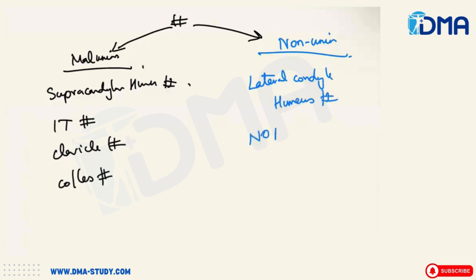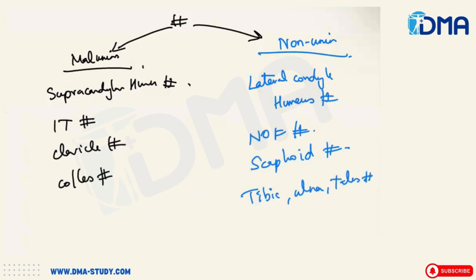Neck of femur fracture. Then the scaphoid fracture. Then the fracture of tibia, ulna, talus. All these fractures will lead to non-union. Right? Then coming to individual things that you have to know in case of fractures. Speaking about the neck of femur fracture,